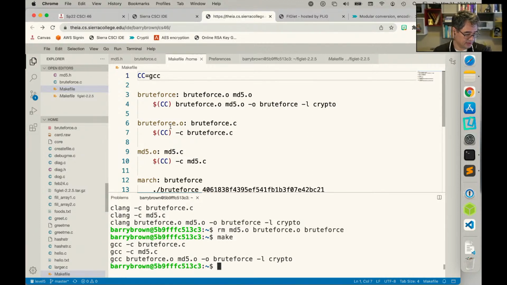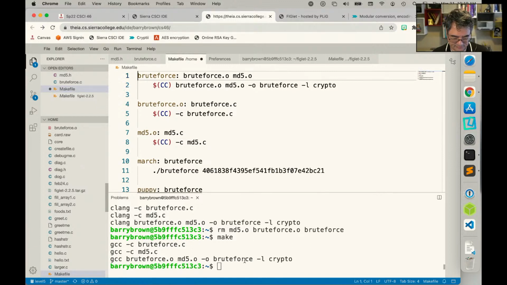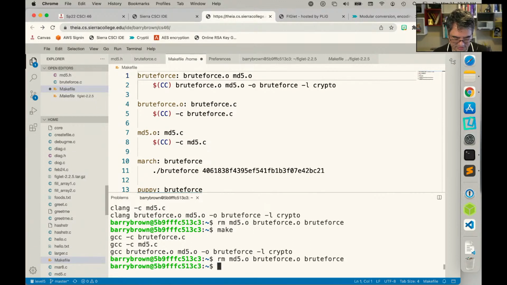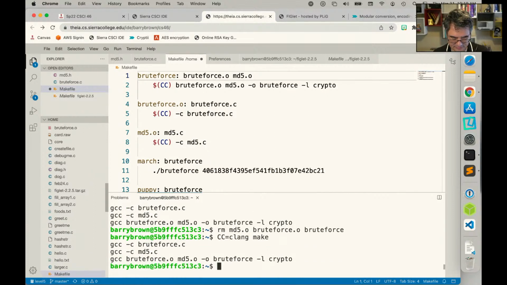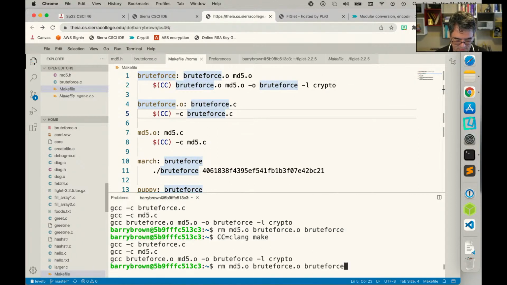Could it take the compiler name as an environment variable? Yeah, it could do that as well. So I could take out this line. Let me go ahead and remove those. And then I could say CC equals clang make. Oh, that did not work like the way I expected. Did I save this? Oh, I didn't save it. There we go. So I define the environment variable, and then I call make,